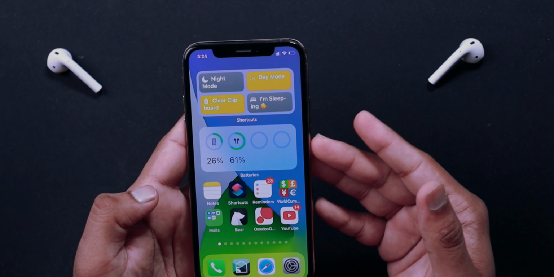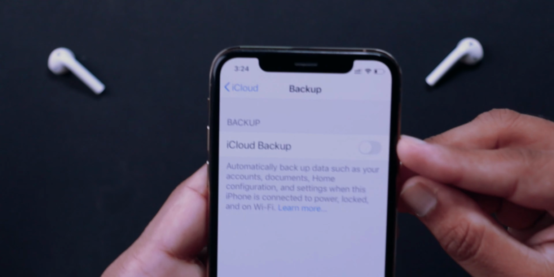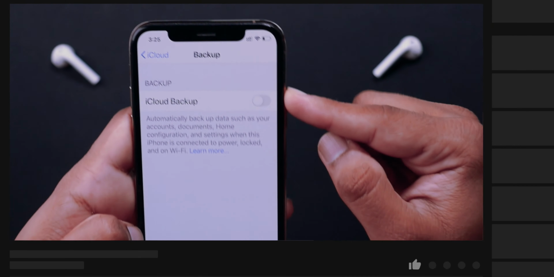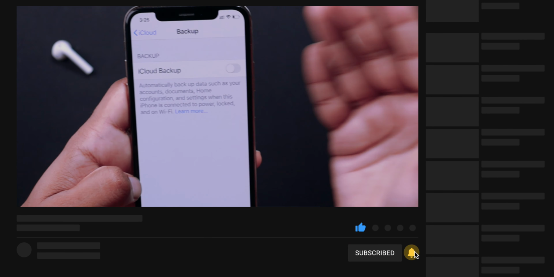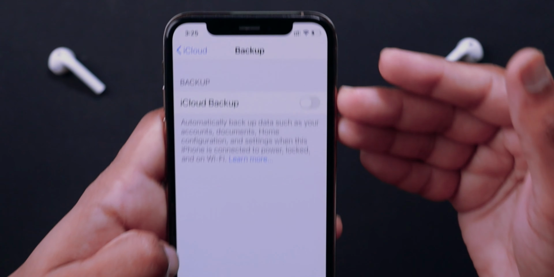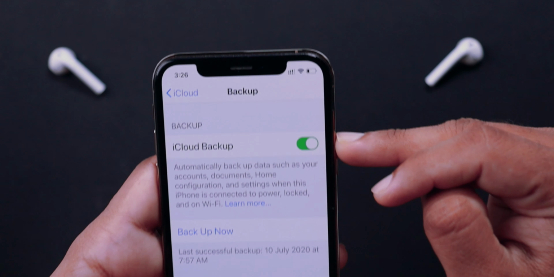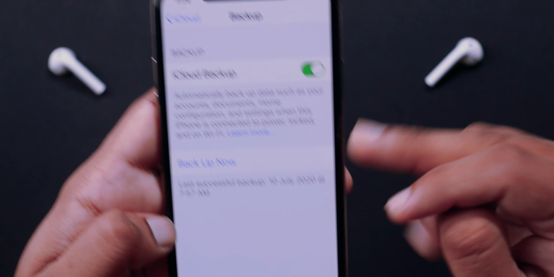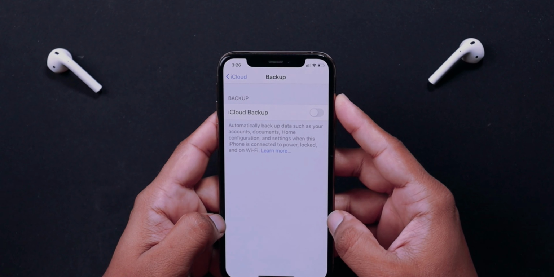Now last but not the least, if you have taken iOS 13 iCloud backup of your iPhone, you should go to settings and put this iCloud backup turned off. What this will do is this will prevent your iOS 14 backup overriding your iOS 13 backup. So in future, if you want to downgrade using your iCloud backup, you will have that iCloud backup available. If you turn this toggle on, iOS 14 backup will override the iOS 13 backup, and you won't have iOS 13 backup available for downgrade. So you should keep this toggle off, and it will save your iOS 13 backup for future downgrade.